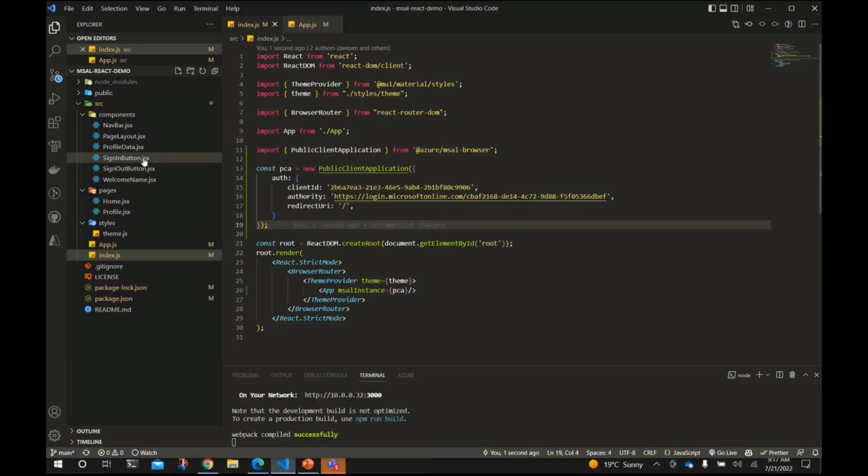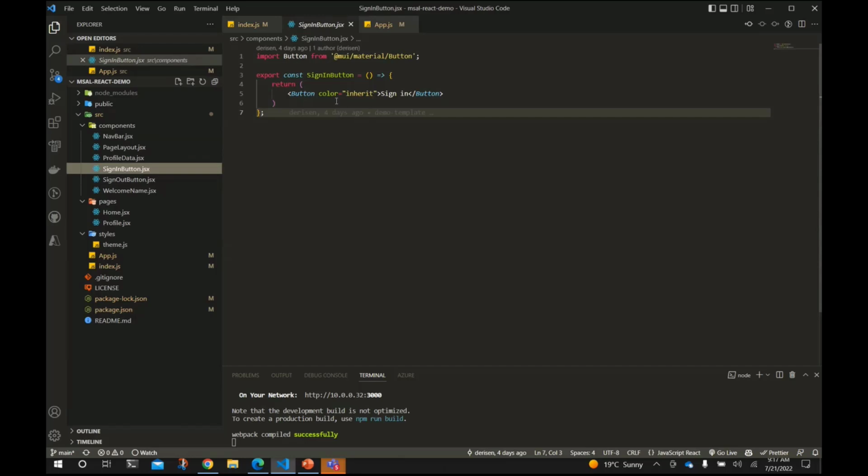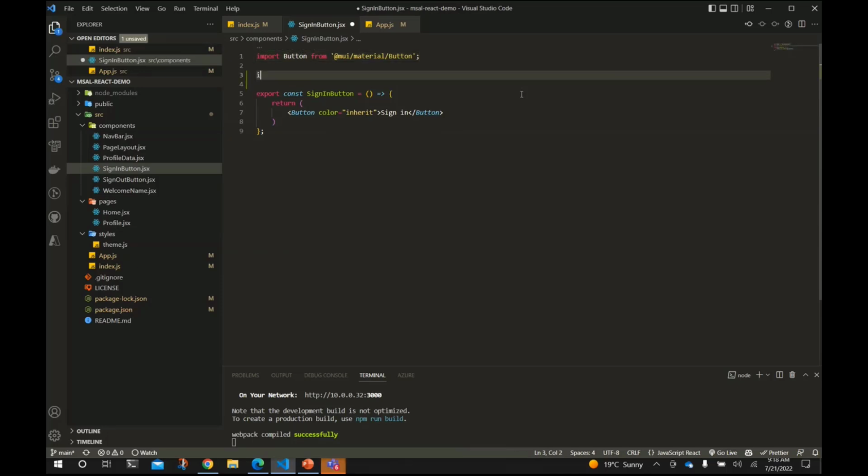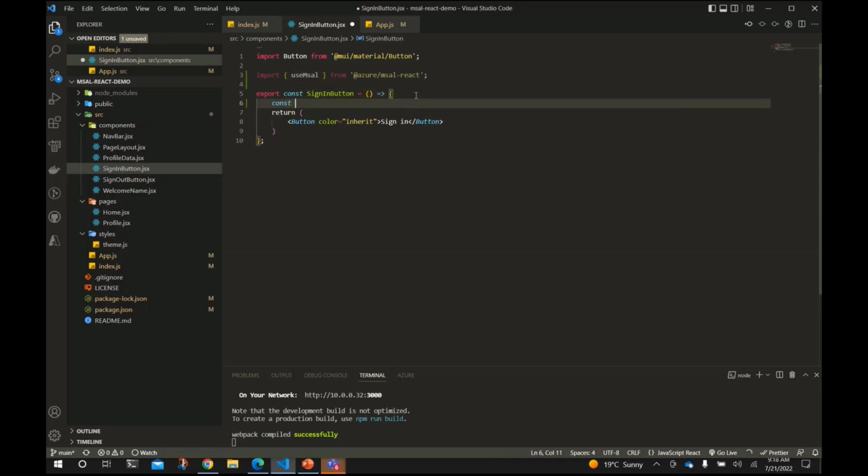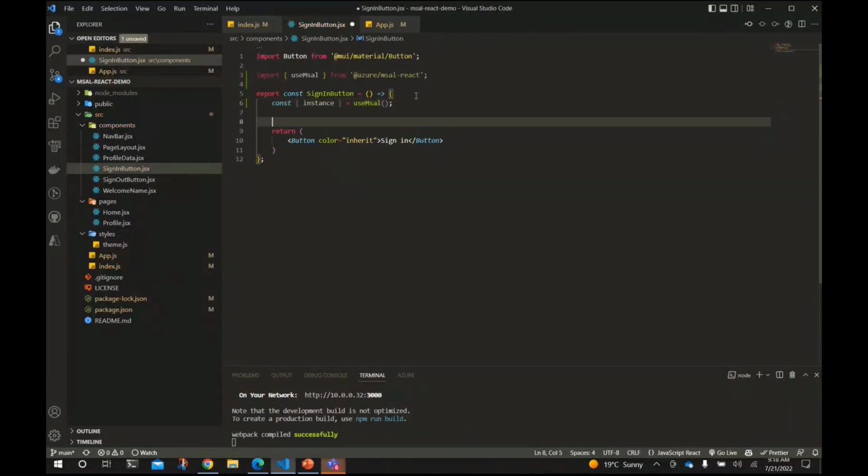And now let me go to the sign in button and add some functionality to this element. There are many ways of doing this. What I'm going to do is use a hook provided by MSAL React, which is called useMsal. Perfect. Now I can get access to the application instance we created earlier. And when we have access to this instance, I can access the APIs MSAL provides. So I'm just going to go ahead and